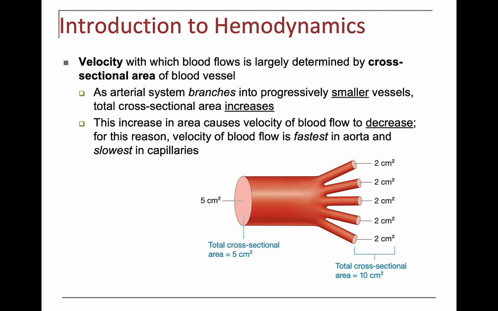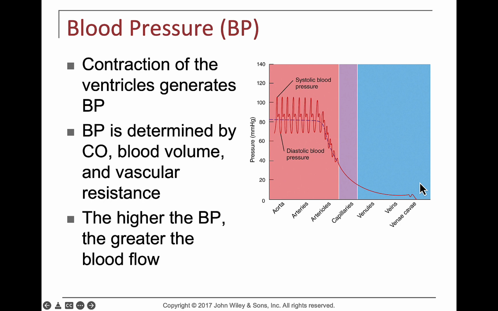And of course the velocity is the fastest in the aorta, where it's there at the highest pressure, and we have a very small area of cross-section. So we can see here, of course, that pressure gradient, very high when we leave the left ventricle, very low when we get back to the vena cava and right atrium. And a lot of this is generated by the contraction of the ventricles on the left side of the heart